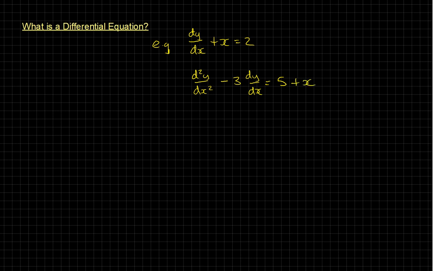Or anything really. So the point is, there's nothing special about anything I've written here that's different to normal equations, except for the fact that we've now got additional possible terms we're allowed to include. We can include dy over dx, and we can include the second derivative of y with respect to x. So that's how they differ from ordinary equations, but they're still the same as